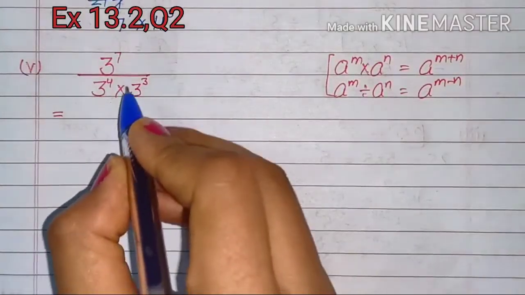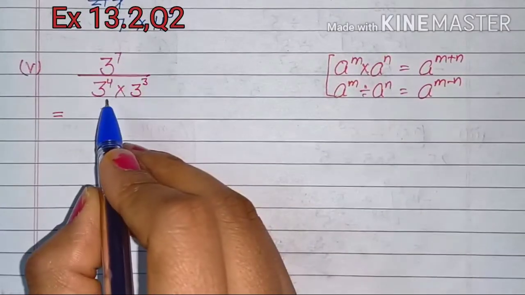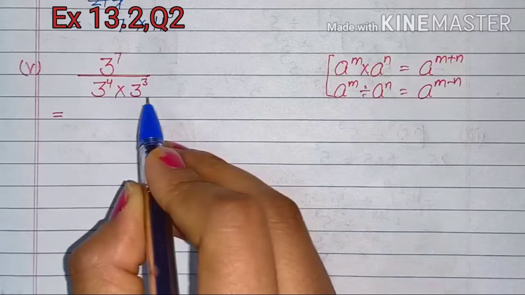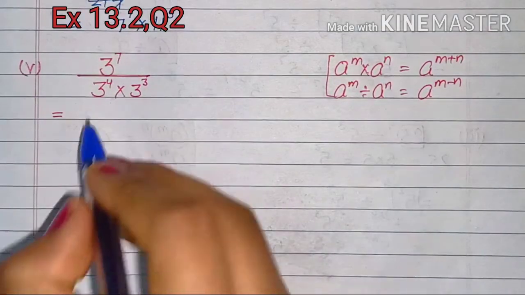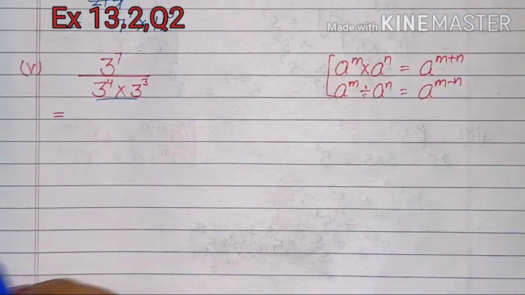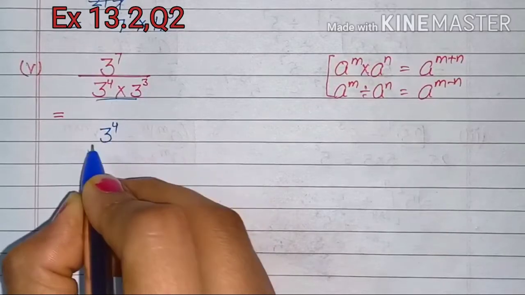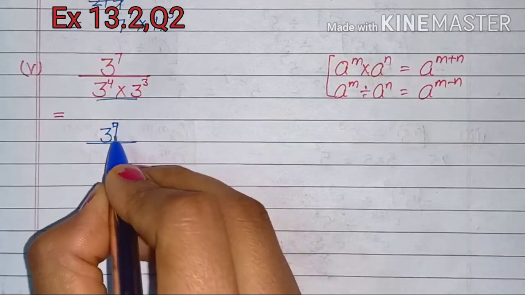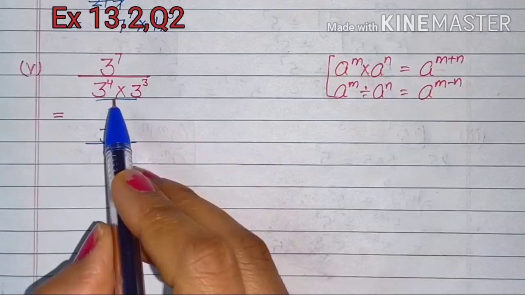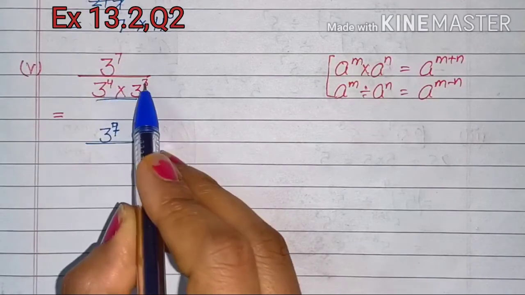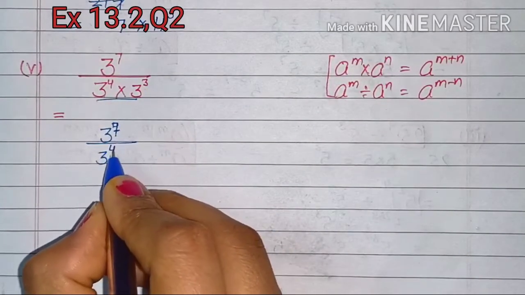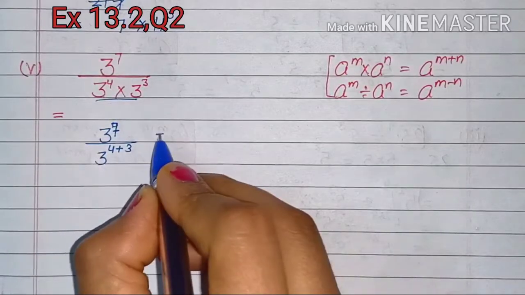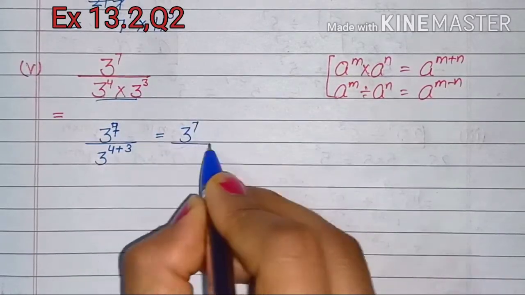Let's see the fifth part. Here we have 3 raised to power 7 upon 3 raised to power 4 multiplied by 3 raised to power 3. So first we will use a law in the denominator. Bases are the same and multiplication is there, so we will add the powers. So it will be 3 raised to power 4 plus 3, that is 3 raised to power 7 upon 3